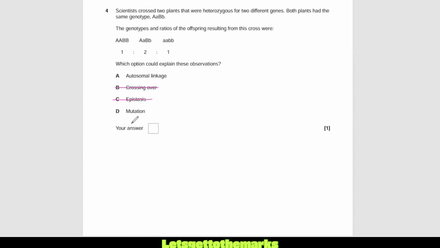Mutations are not going to explain that. That's just a change in the nucleotide base sequence. So we're left with autosomal linkage. And you tend to get autosomal linkage when you don't get the right amount of different crosses. Look, we're missing some here. If you were crossing two heterozygotes, where is the little a, big B, big B? We haven't got that there. There are quite a few missing combinations, and this is going to be because of autosomal linkage. It's where some of the alleles are very close to each other and cannot be separated, so that you can't get some of these combinations. Okay, let's move on.